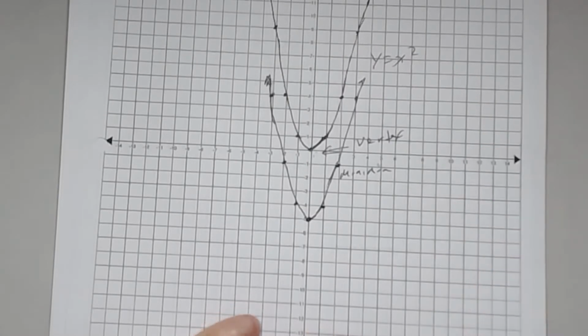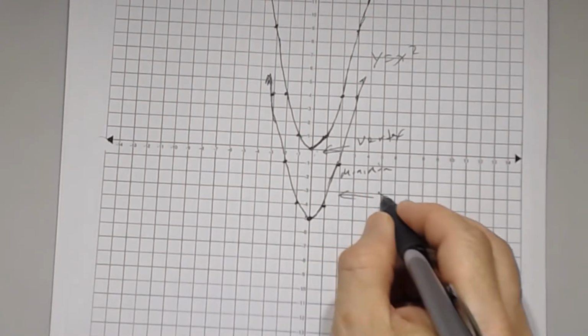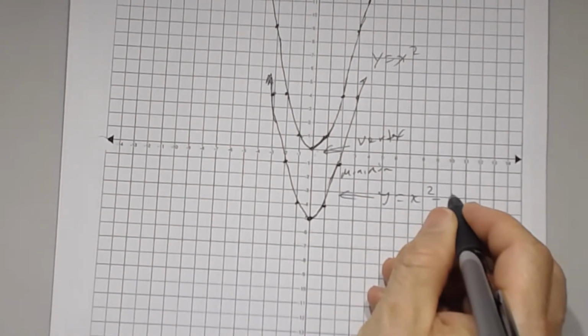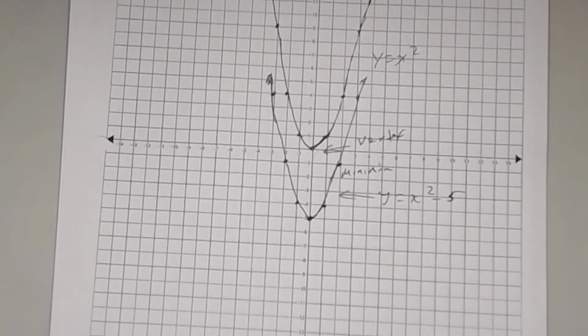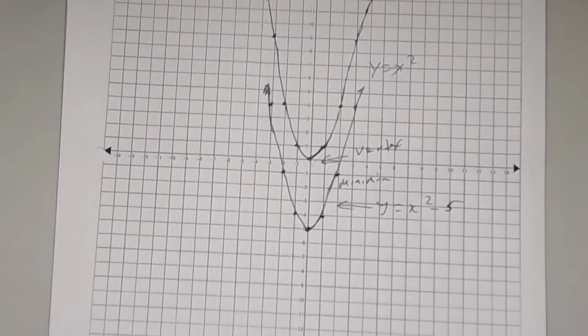And so you get something that looks like that. Okay? Remember, this right here is the graph y equals x squared minus 5. X squared minus 5. Okay? Now,